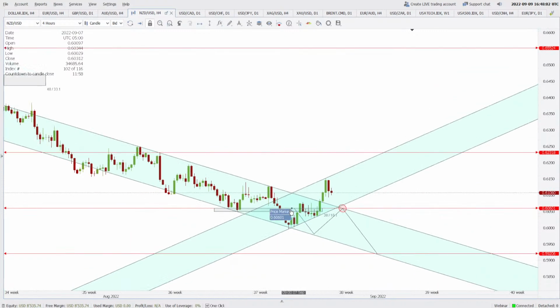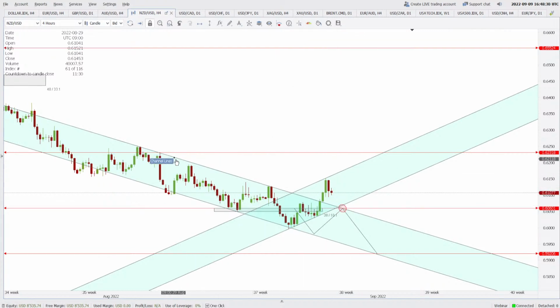On the 4-hour we can come to know that, okay, this was the high that the price had made. You see, I will put this line. So this was the high that the price had made this year, and this high was breached by this candle before the candle, and has given us a close up above that. And now it is looking for another support. Now you can get a support at the highs of these 3 candles here and maybe here, but you see this is a very good area of support.